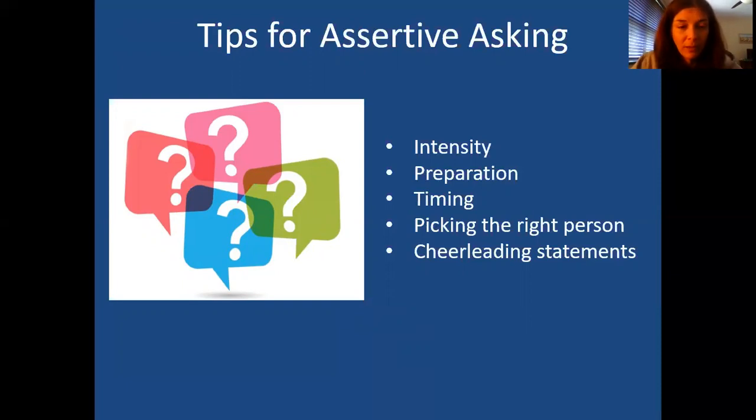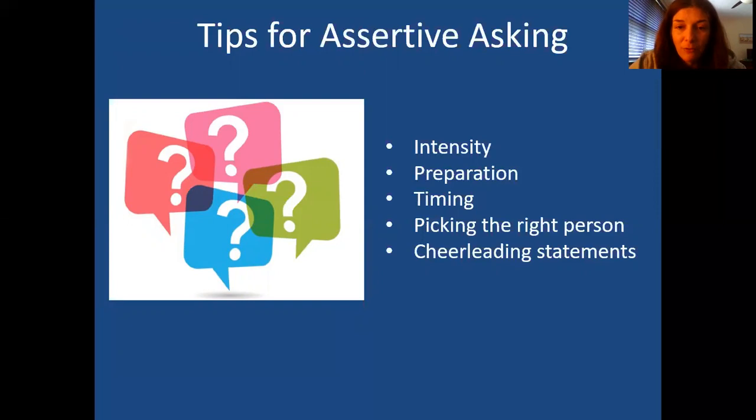Timing's really important. Try to pick a good time when you could talk to the person, when they could give you their full attention, when they're not busy, when they're in a good, calm, relaxed mood. All right, so that's always important and helpful. Picking the right person to ask. So, you want to pick somebody that could actually give you what you want. I gave an example in the other video: if you ask your accountant for medical advice, you may not be able to get it because an accountant may not know anything about that, right? You've got to ask the right person for the right kind of information.